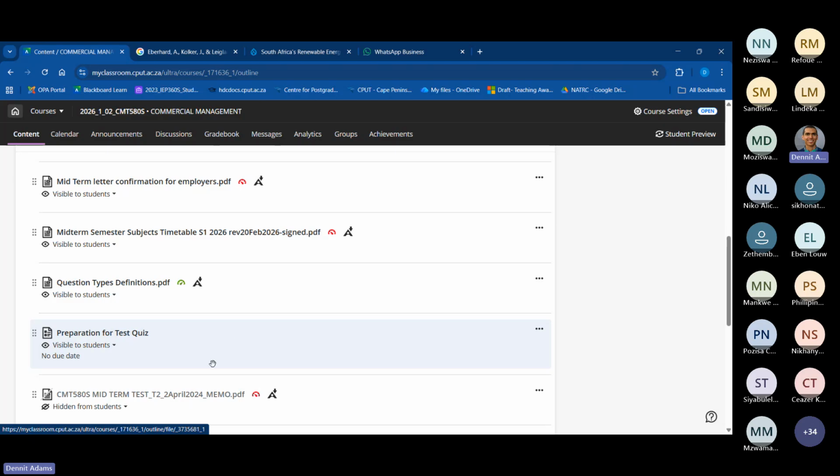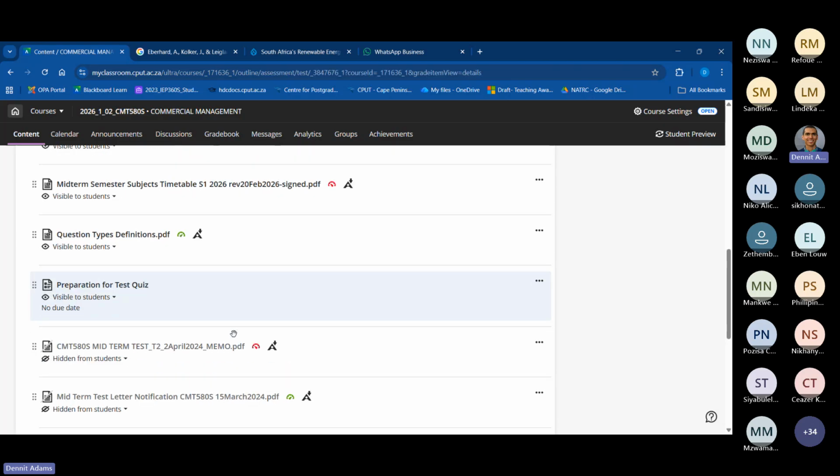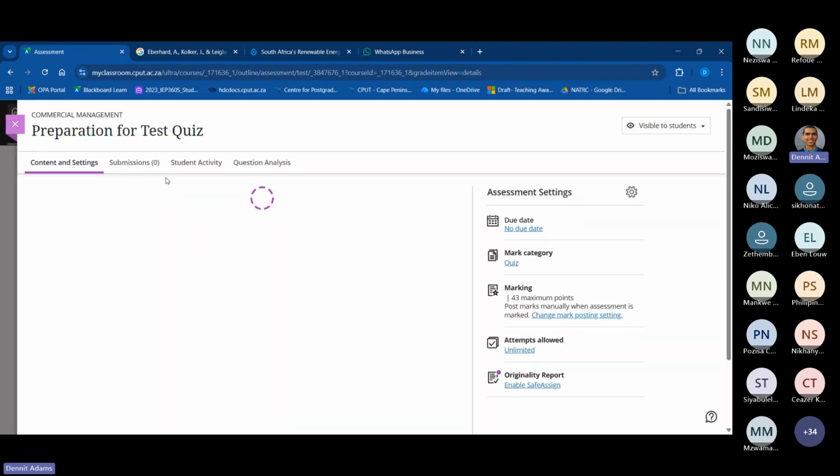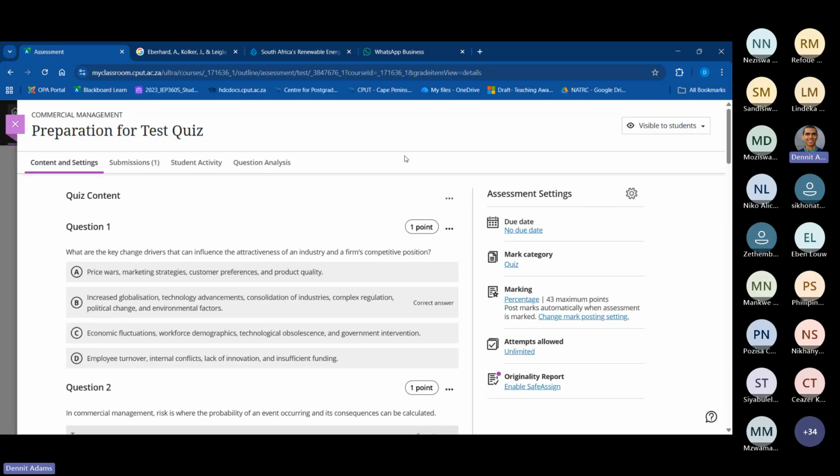I did, according to the one student, she asked for some preparation questions. They are there. You can take this quiz at any stage. I see no one has done it. Oh wait, never mind. One person has done it. So my work is only for one person. I suggest as a revision, you can maybe go through these things if you'd like. If you don't want to, that's also fine.